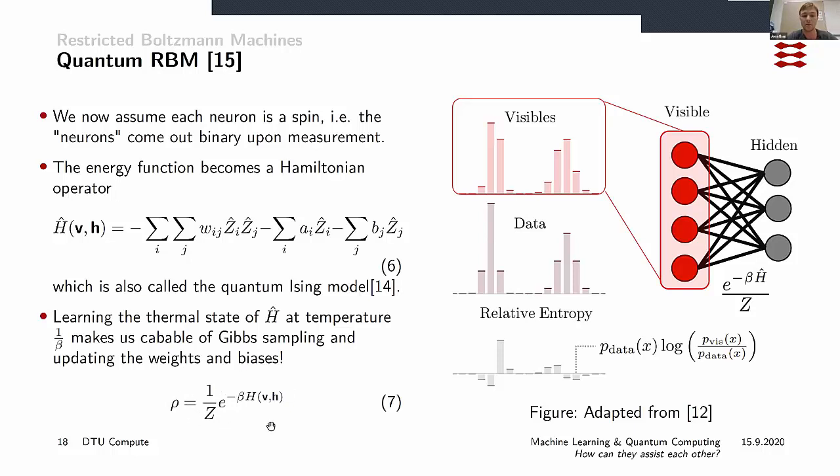And now we see perhaps the connection between the quantum part and the classical part, because if we can prepare this state, we can just look at the qubits and update the weights and the biases, all these W's, A's, and B's, simply instead of doing Gibbs sampling on a classical computer, right? So we actually still do Gibbs sampling, but now we do the sampling on a quantum computer. And here I want to emphasize that the model is still classical, but when we update the weights and biases, we do that by sampling from a quantum state.